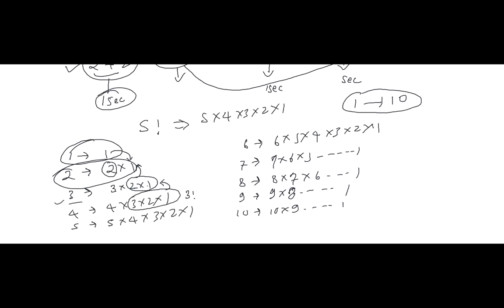Similarly, for 10, I don't need to write 10 into 9 into and so on. If I have already calculated the factorial of 9, I can multiply 10 with the result of 9 factorial and directly get the answer. So whenever we are using the pre-calculated value for the next iteration, we can say that this is DP. Another example for DP is the Fibonacci series, which goes like this: 0, 1,